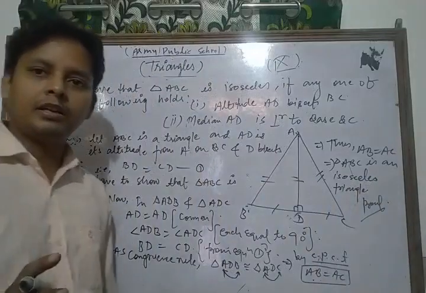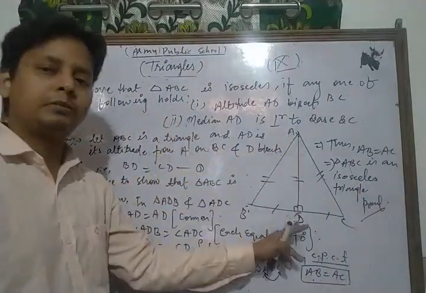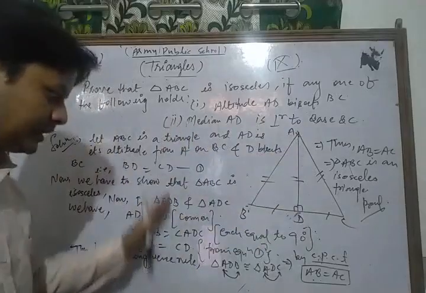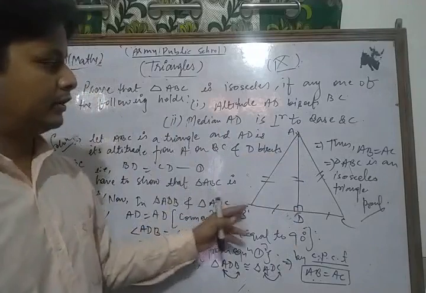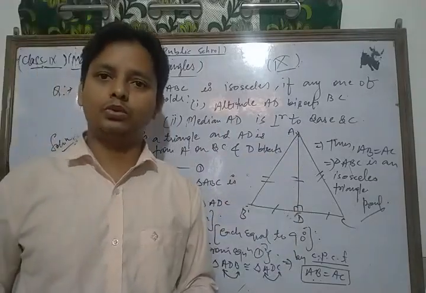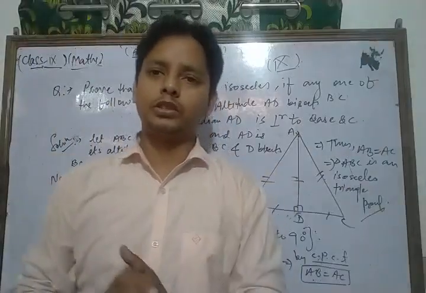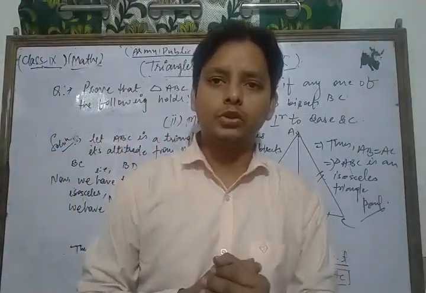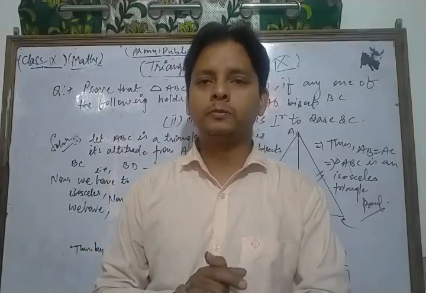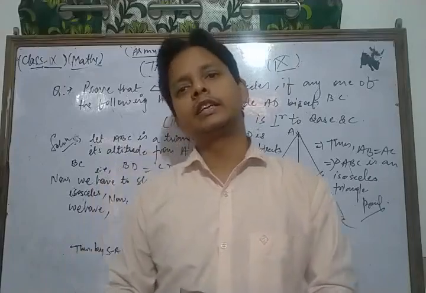Similarly, you have to show it for the second part: you take AD as a median and apply the same process. Then you have to show that it is also an isosceles triangle. So first of all, revise all the questions which we discussed in this class. After that, you can solve each and every question of your NCERT exercise based on the topic congruency of triangles. Okay, now in the next class we take